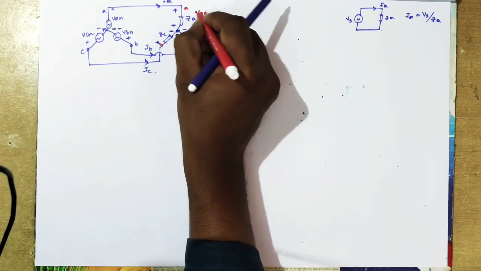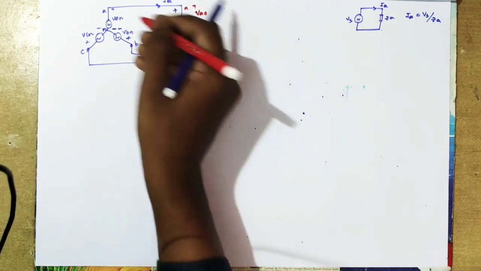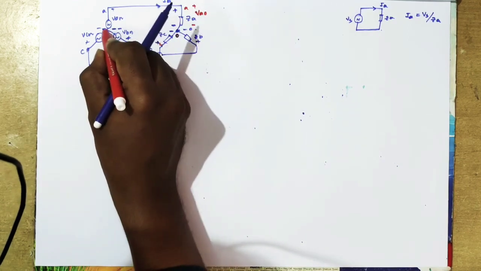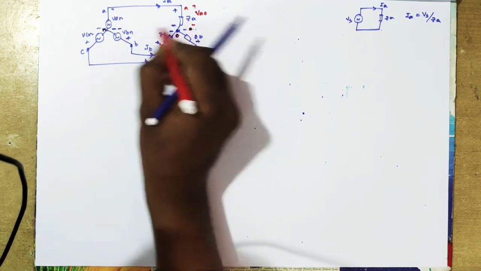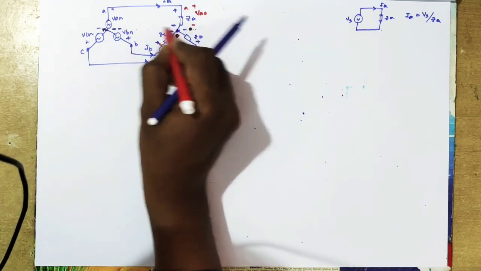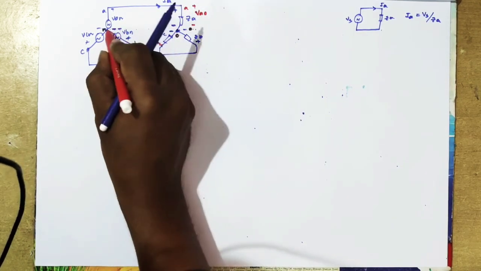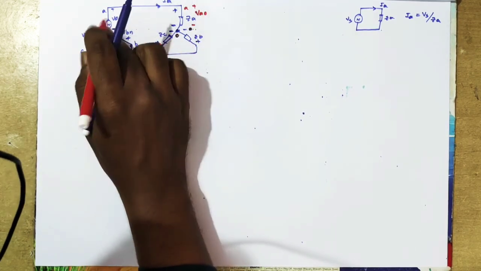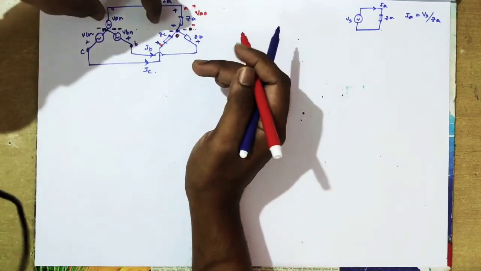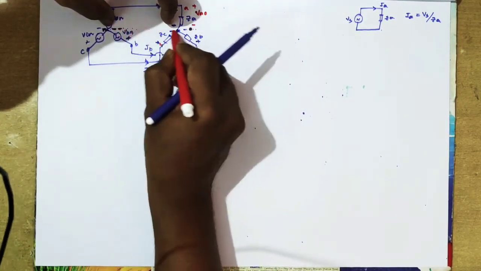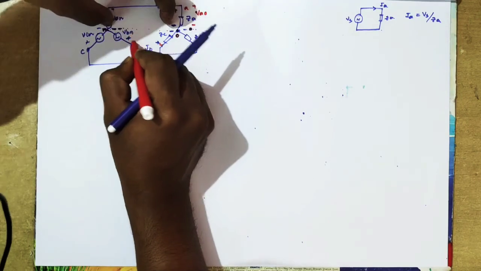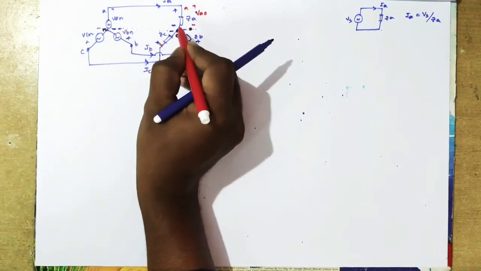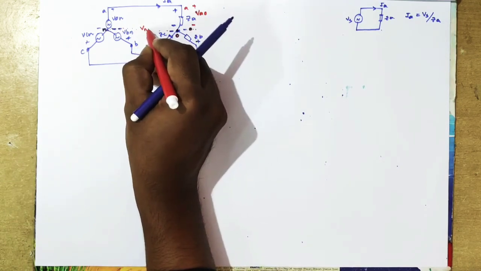So the voltage across this is VA0, the voltage across A, this is to find IA. This is N, and this is O. So there is a potential between these two, right? Even though the line is not connected, we have the potential, that is, we have the value of voltage across N and O. So let us say we have the voltage across N and O, that is VNO.